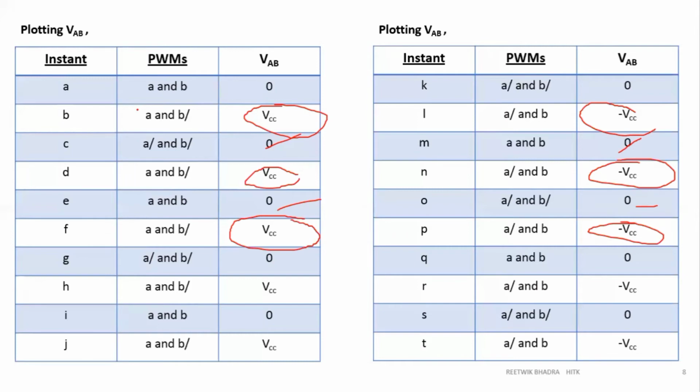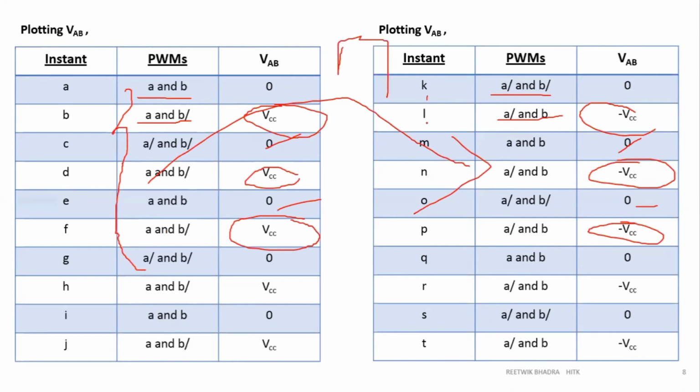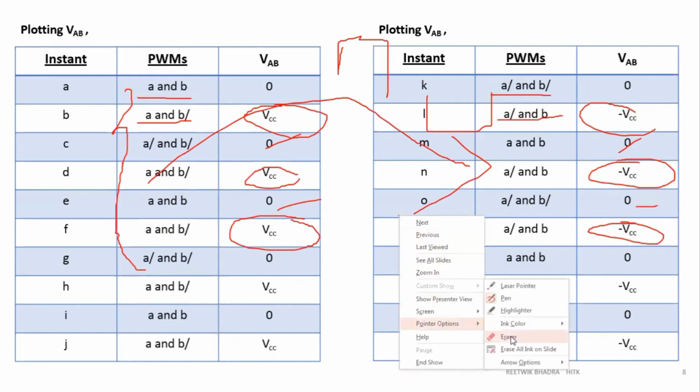If you check the PWM, it is AB. So obviously it will be A bar B bar. If it is A B bar for the positive half cycle, then it will be A bar B for the negative half cycle. So it goes on. You can compare all these things with this one. If this is mutually exclusive, then only you will get a positive pulse, and for the second half, a negative pulse. So this is how the PWM is generated.